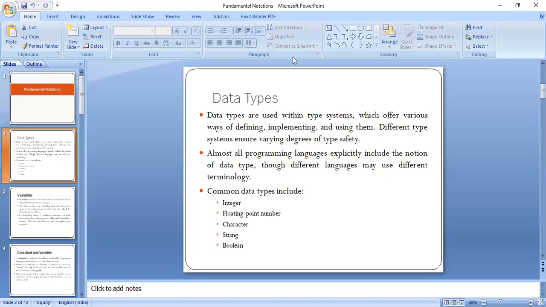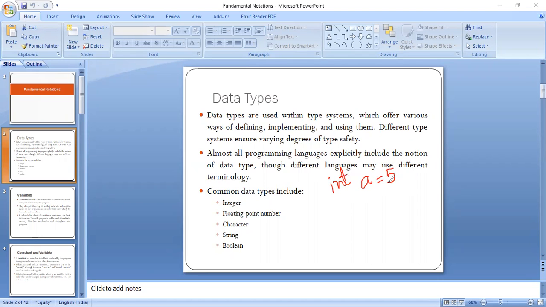So as you know, if we have an integer, we'll be defining it as int a = 5. Here int is the data type, a is the variable name, and 5 is the assignment of value.